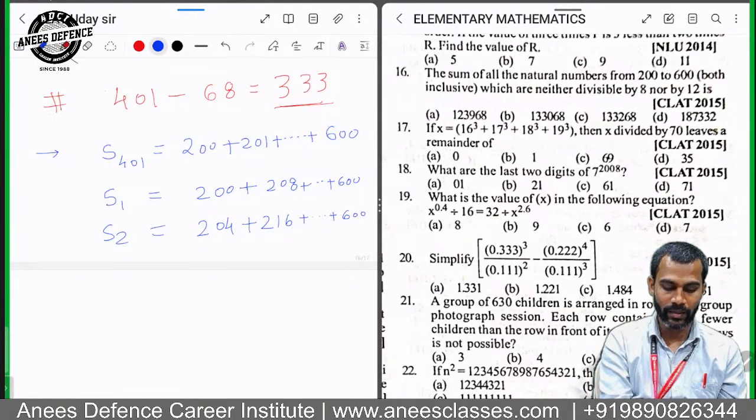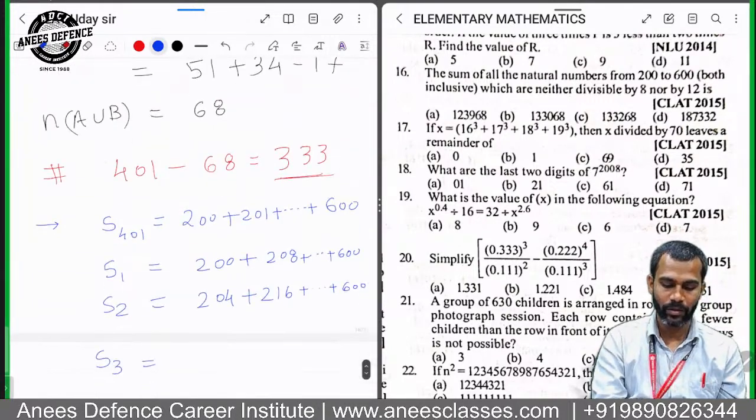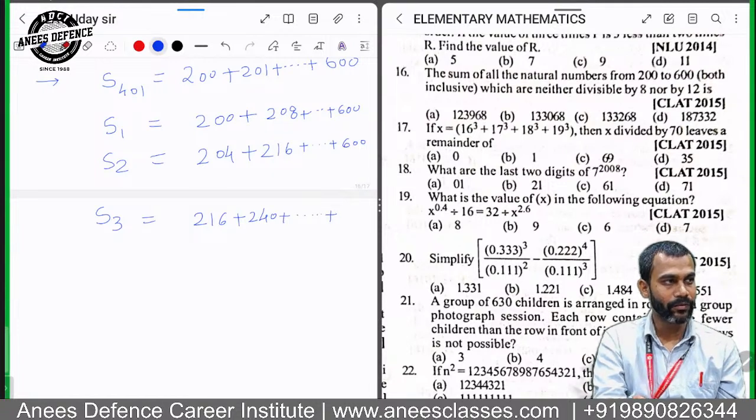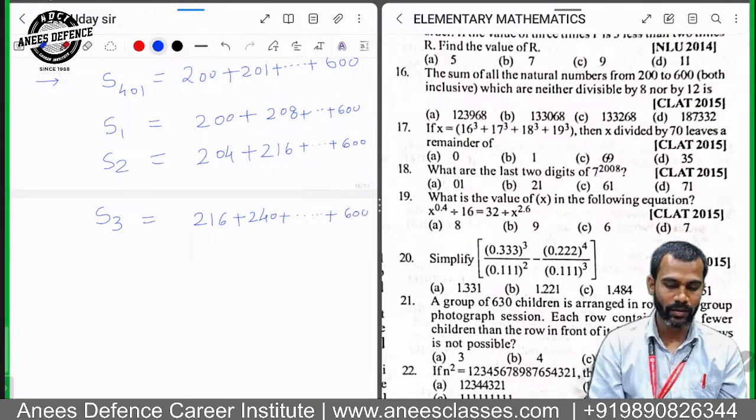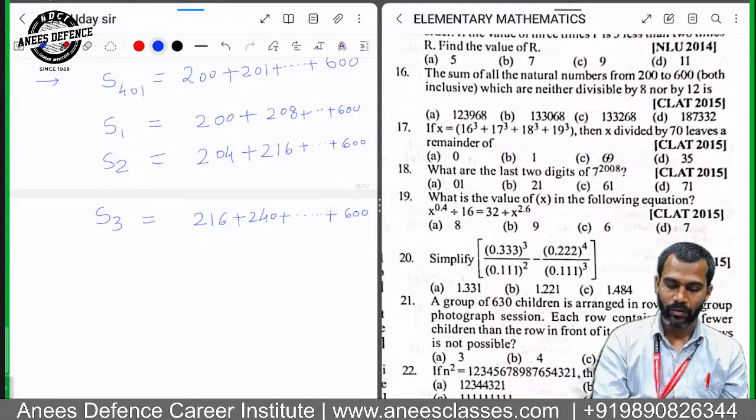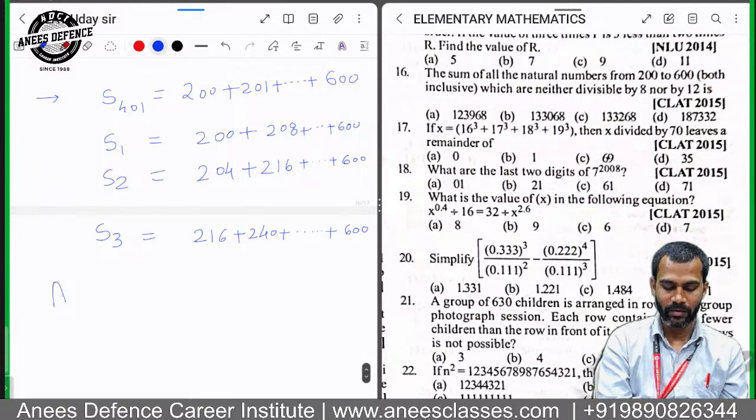Okay. Now S3. S3 will have the first number, 240, divisible by 24. The first number was 216, then 240. And the last number is 600, since 600 is divisible by 24. 600 is divisible by 12, 8 and 24. Okay. Now the answer is equal to